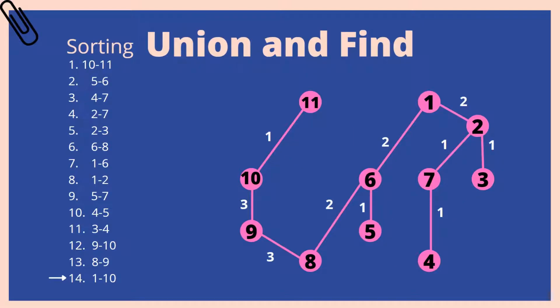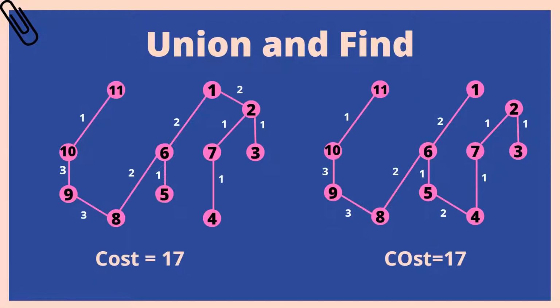There is a question now: is there any other possible way? Is there any other possible spanning tree for the same graph? The answer is yes, there can be more than one minimum cost spanning tree for the same graph. These two are minimum cost spanning trees of the graph which we took as the example. In this case, we are considering these two, and in this one we are not considering. The cost of both minimum cost spanning trees is going to be the same. So yes, we can make more than one minimum cost spanning tree of a graph, but their cost is going to be the same.